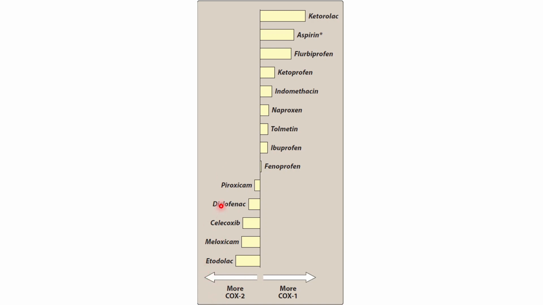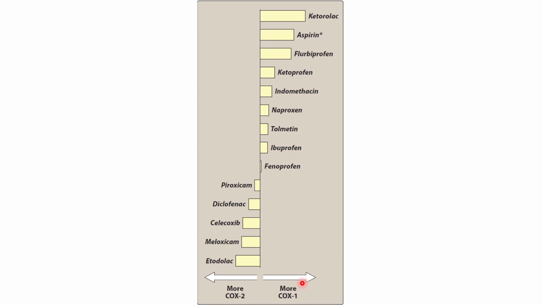With the dose increase, they will lose selectivity, but with low doses, they are more selective for cyclooxygenase 2. That is the bad cyclooxygenase that will produce an inflammatory response. And that is why these drugs will still have anti-inflammatory action, but they will not lead to the adverse effects connected with the inhibition of the prostaglandin synthesis